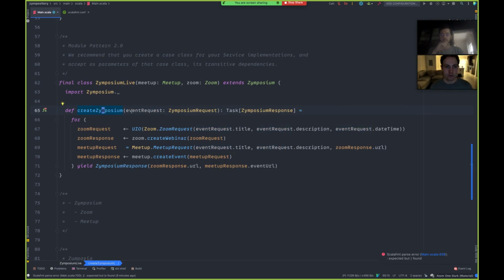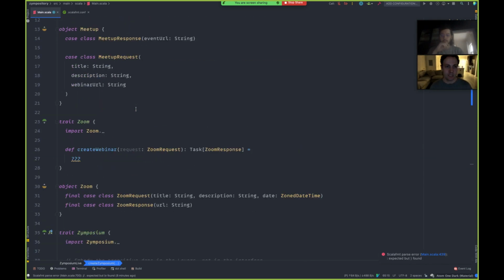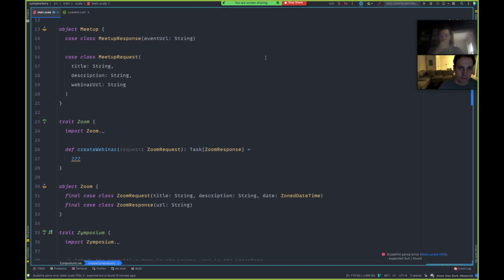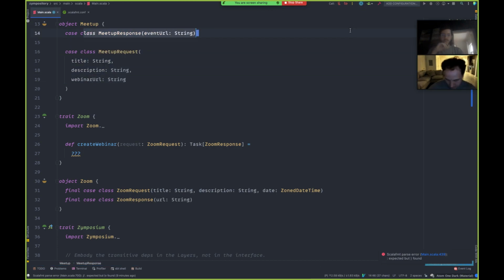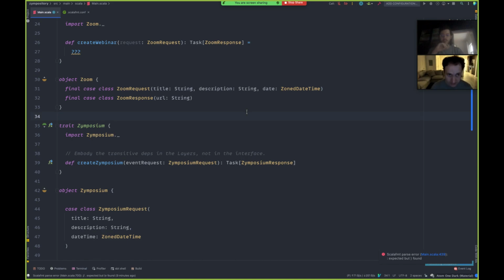And I think the other cool thing is if we go back to the Meetup and the Zoom services, we've now simplified these 2 parts of the problem substantially. The Meetup service, all it needs to do is take this and return this. Yes, we'll have to do a bunch of stuff with the API and HTTP, but it's a lot simpler than our original problem.